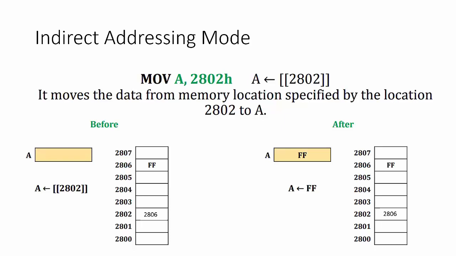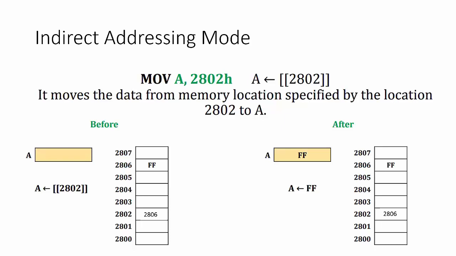So for the instruction MOV A, [2802], in the indirect addressing mode, first we go to the 2802H memory location. In the memory block in the before section, we find the 2802 memory location, which contains the value